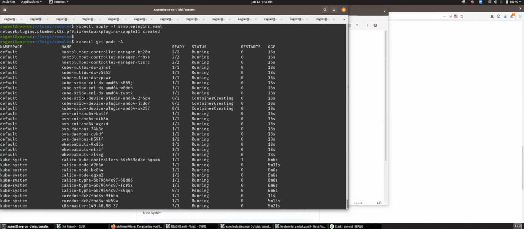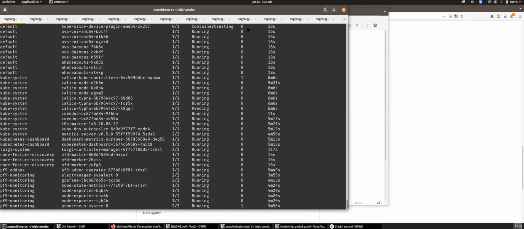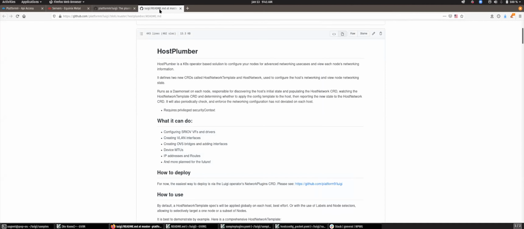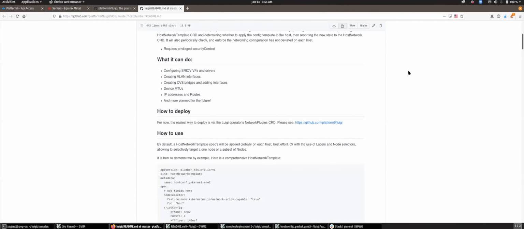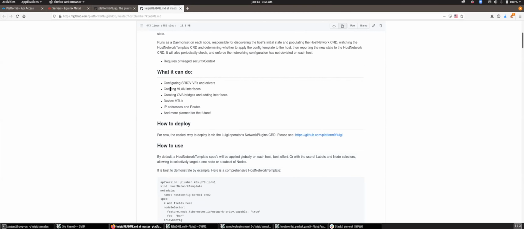So now, obviously, before you can do that, we should jump into Hostnumber here, right? Because let's say we want to configure SR-IOV. Before we do that, you need to know how to enable and configure SR-IOV. And what else does Hostnumber do?